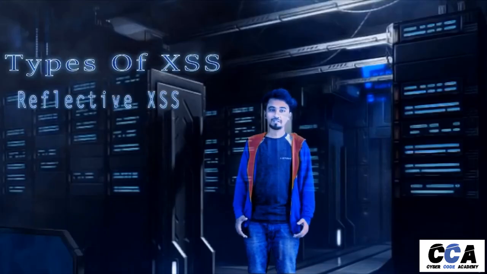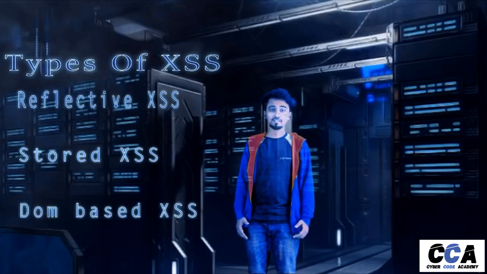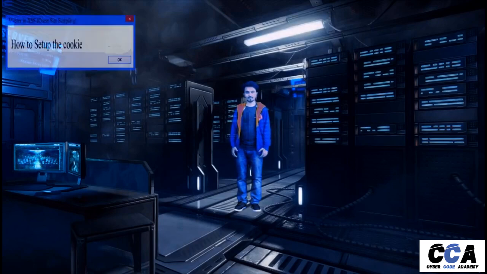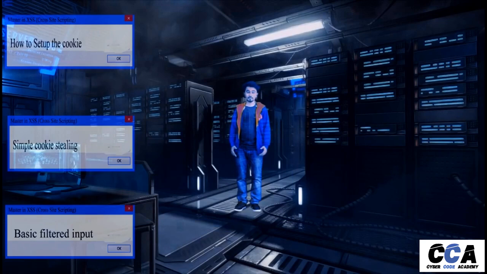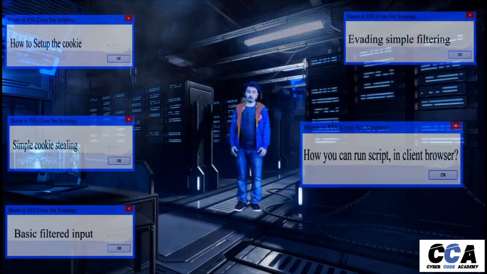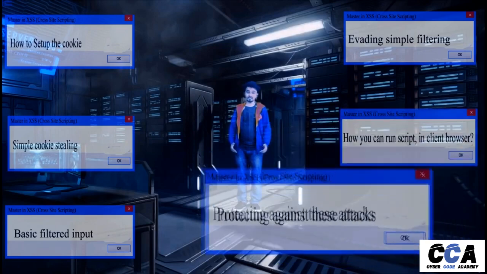In this course, we will learn the types of XSS: reflected XSS, stored XSS, and DOM-based XSS. The user has to click the link to be affected by XSS. How to set up a cookie, simple cookie stealing, basic filtered input, evading simple filtering, how to run script in the client browser, protecting against these attacks,